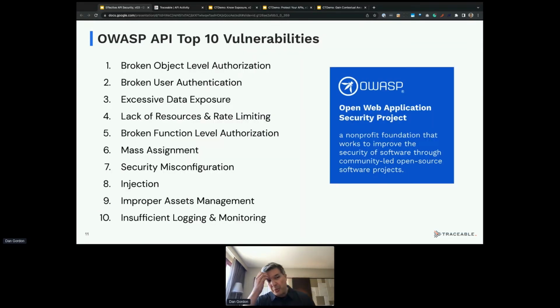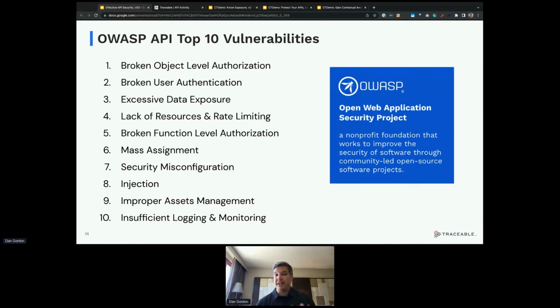I mentioned OWASP. I think most of you are probably familiar with the OWASP top 10, which I now call the OWASP web top 10. OWASP, the Open Web Application Security Project, has done an incredible service for our industry by raising awareness and creating projects that help with web security.